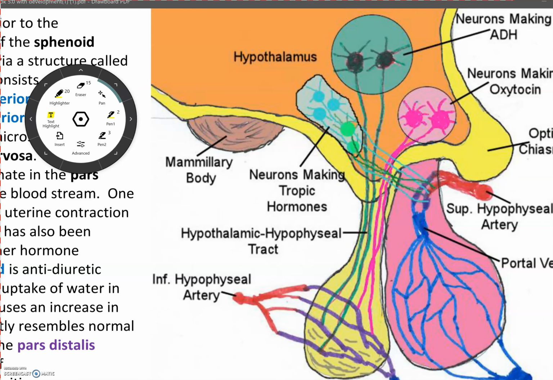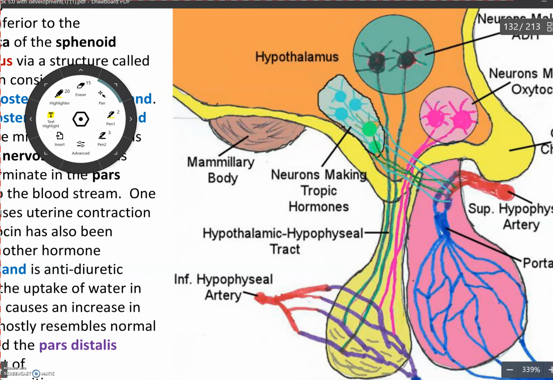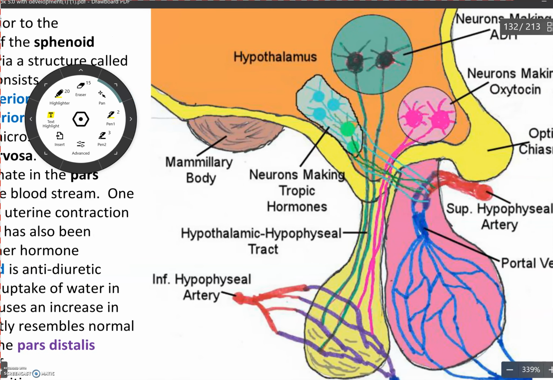Welcome to our next video on the endocrine system. In this video, we're going to continue our examination of the pituitary gland and hopefully get onto the thyroid gland, where we left off. The pituitary gland is attached to the hypothalamus by the infundibulum, which is made up of